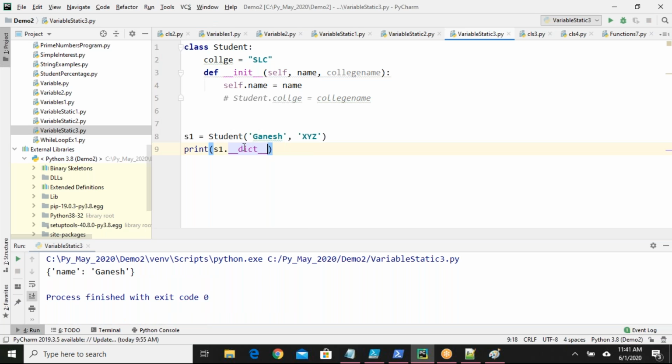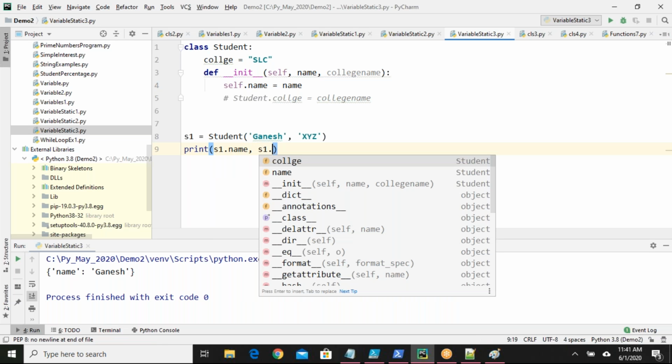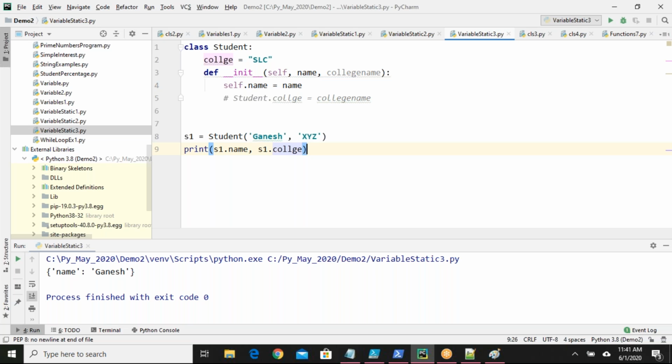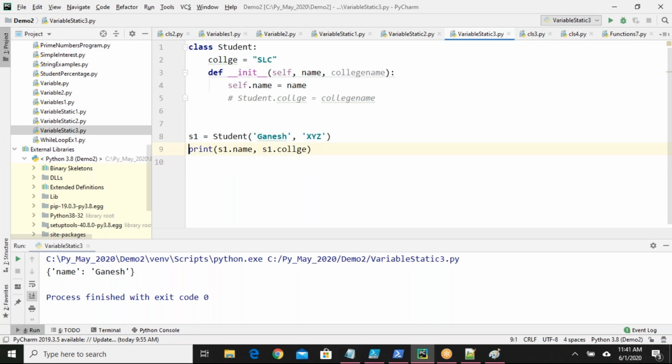No, dictionary is not giving static variables. Let me write the name s1 dot college. Let me declare one more object, s2 equals to student, say Ramesh,